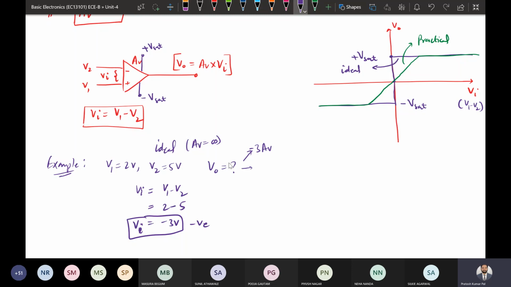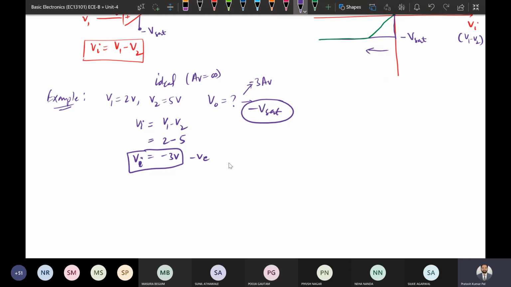V in negative means V in lies on the left side of the V naught axis, that is our y axis. So if it is on the left side or negative side, the output will be minus V sat. It is shown here by using the curve. So it will be a constant, minus V sat. So the output will be minus V sat. Okay. Similarly,